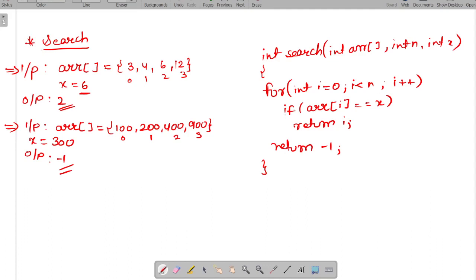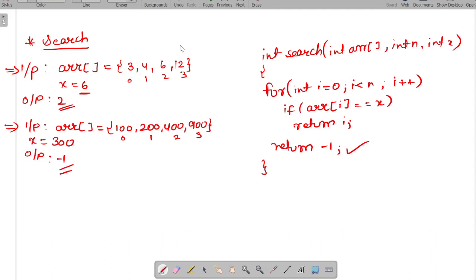We check every array element, that is array of i, and if it equals the element that we are searching for, then we simply return the index of that element. If after comparing all the array elements we do not find an element matching the given x, then we simply return -1 at the end. In this way we perform searching in a given array.